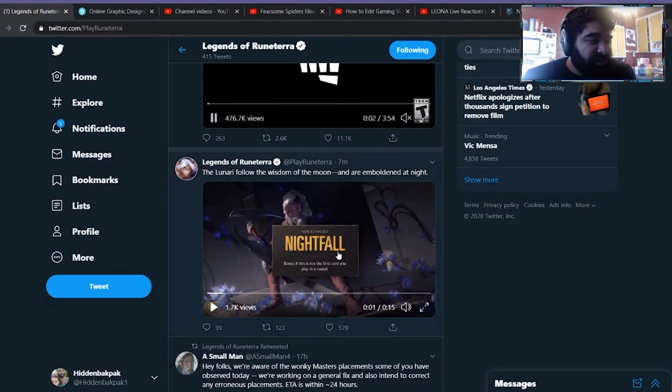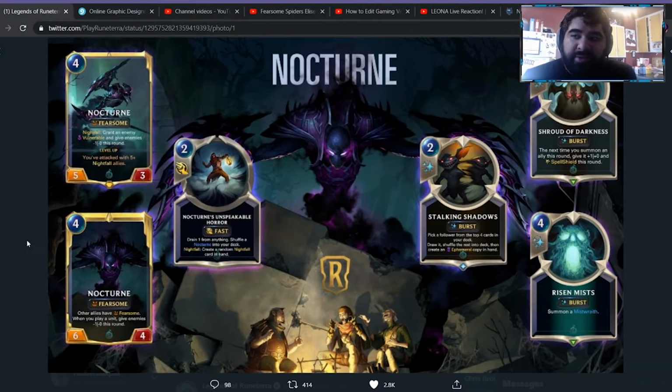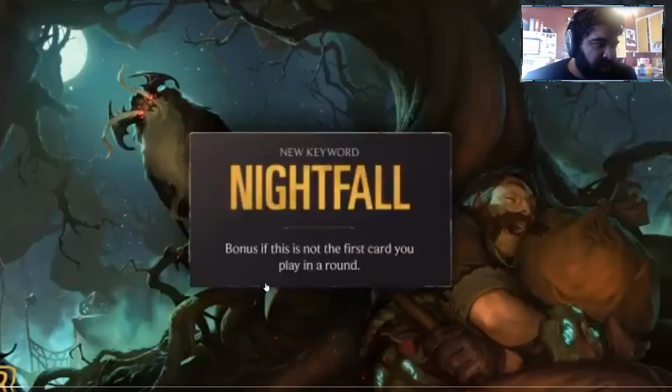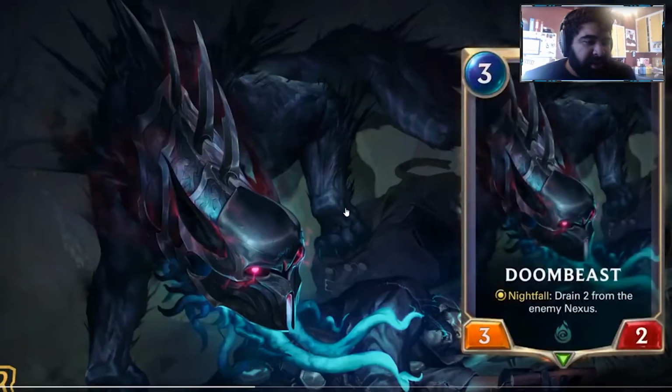what we should do is look at Nocturne just really fast, to try to remember how we would implement both of these in the same deck. So it would be Targon and Shadow Isles. And Shadow Isles has tons of Fearsome units already, so that can pair up with Nocturne quite easily. Let's see. So you've attacked with 5 or more Nightfall allies. Given that we get more Nightfall cards, it's an easier level up to achieve. And alright, so none of these are Nightfall. Here we go. So the other Nightfall cards would be the Stygian Onlooker, which is solid. It would essentially be a 1-mana 4/1 with Fearsome. The Doom Beast,